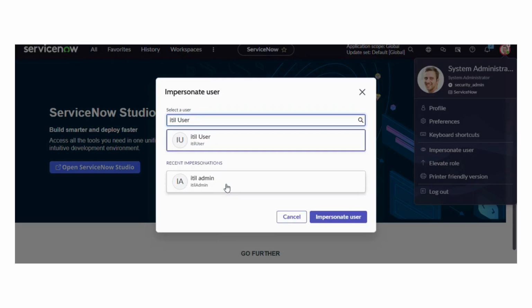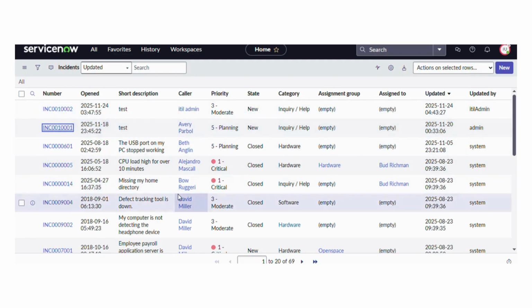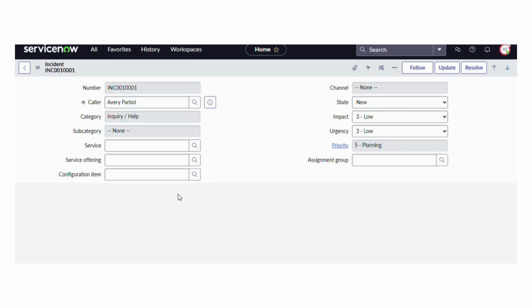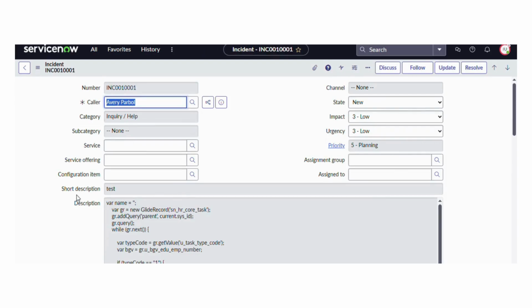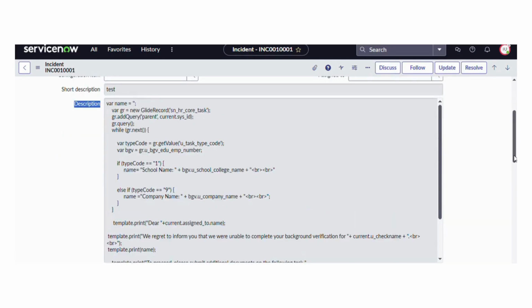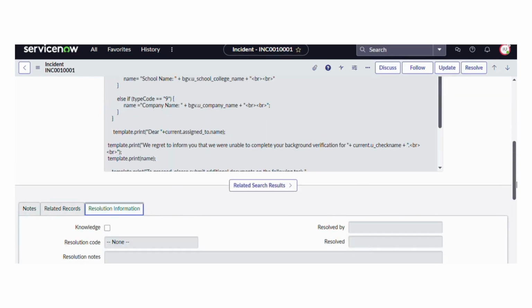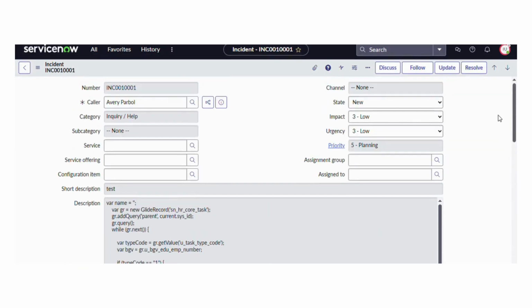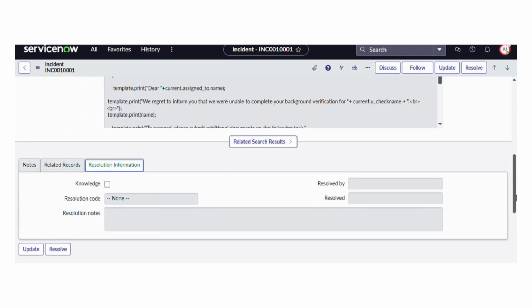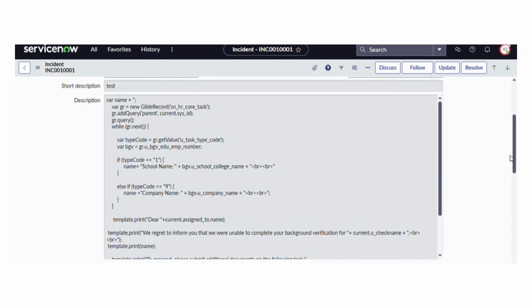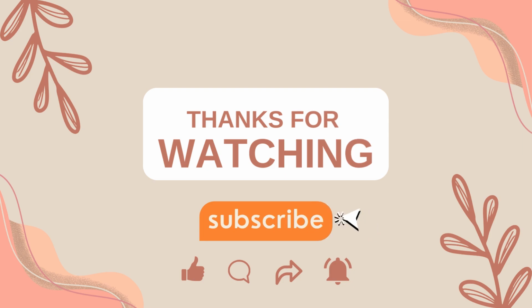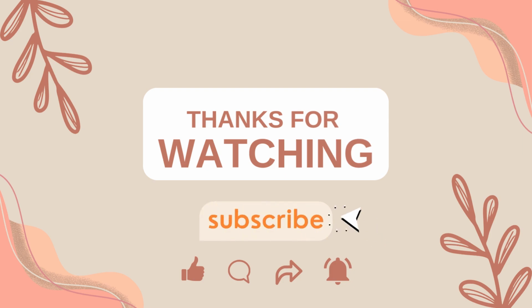Next, I switch to the ITIL_user persona and impersonate this user. I open the same incident list and go into a record. Now you'll notice that the short description field is completely read-only. The same behavior applies to every other string type field on the form, none of them allow editing. Since this user only has the basic ITIL role and not ITIL_admin, the data type ACL blocks write access for all string fields across the system. So this confirms that our data type ACL is working exactly as expected, allowing write access only for ITIL_admin and restricting it for all other users.